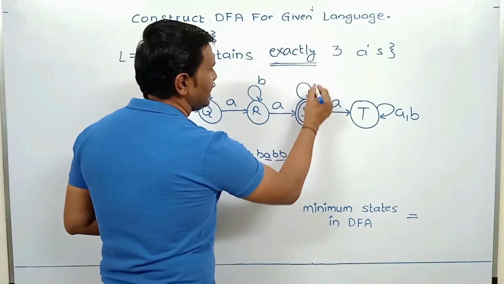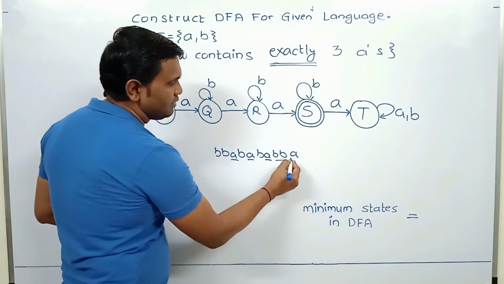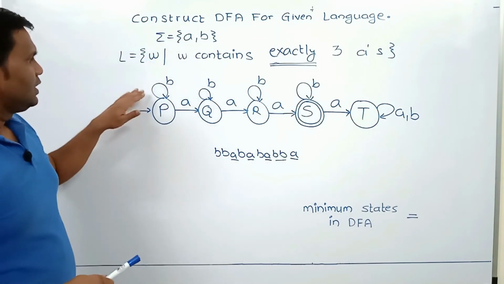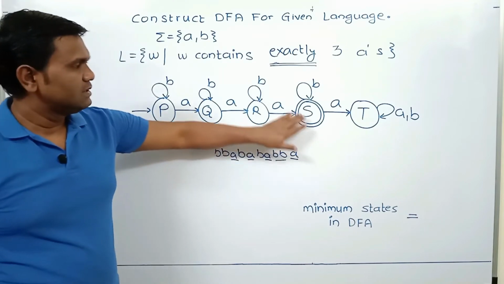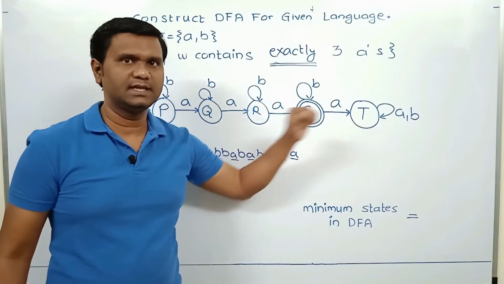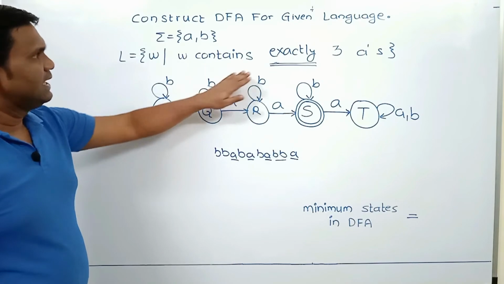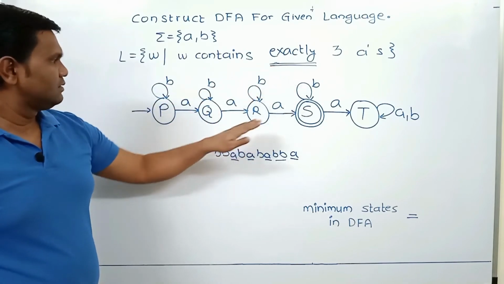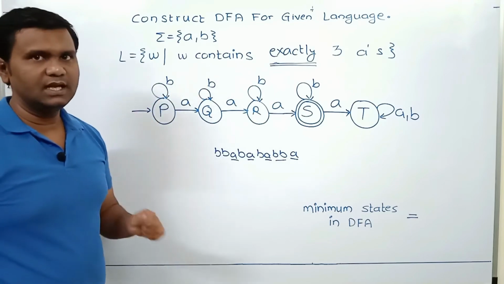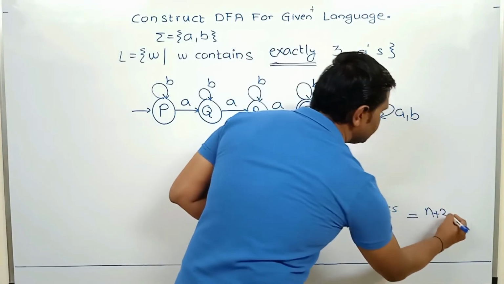So here we add this loop, but after that, if A comes, then we must go to the trap state and reject the string. So here at the final state, there is a self loop for B. After that, if A comes, we go to the trap state and reject the string. What about the number of states? So for exactly 3 A's, we require 5 states. If the condition is W contains exactly n number of A's, we will require n plus 2 states in the